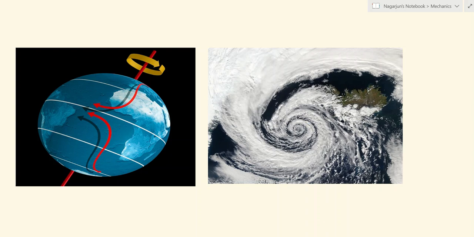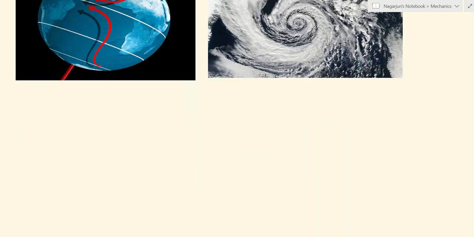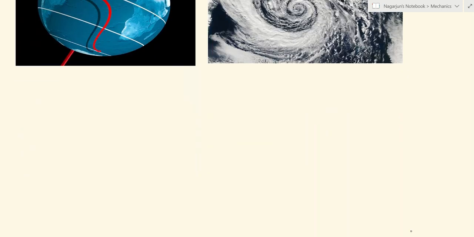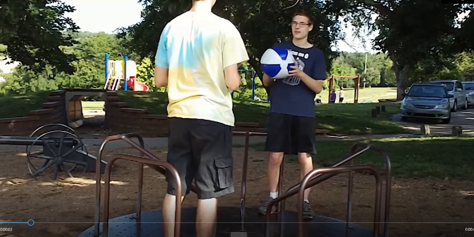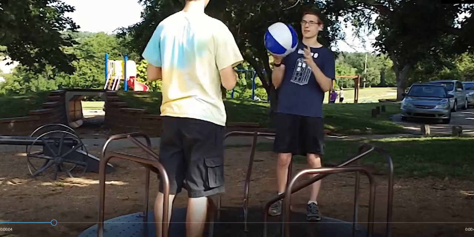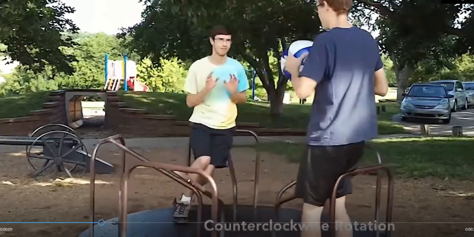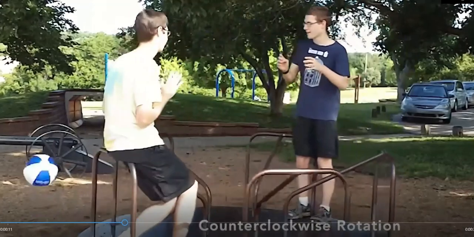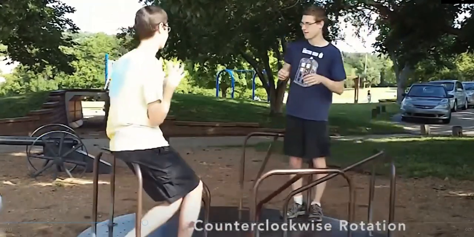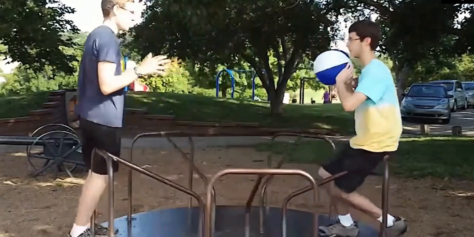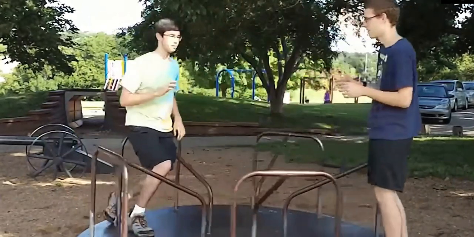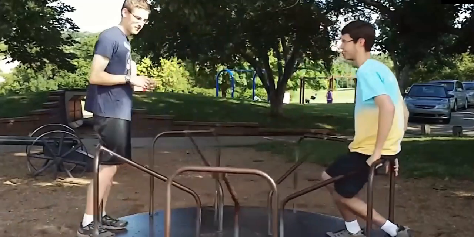Now, to understand the influence of this Coriolis force, let us watch a little video clipping, and you can understand better. These two boys are playing on a merry-go-round, as you see here. When the frame is at rest, the ball goes straight into the opposite person's hand. But when the frame is rotating, you see the ball getting deflected to one side due to the Coriolis force.